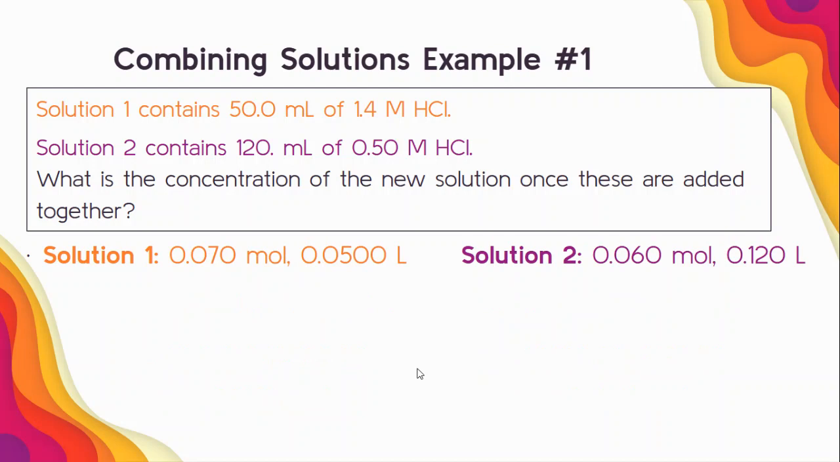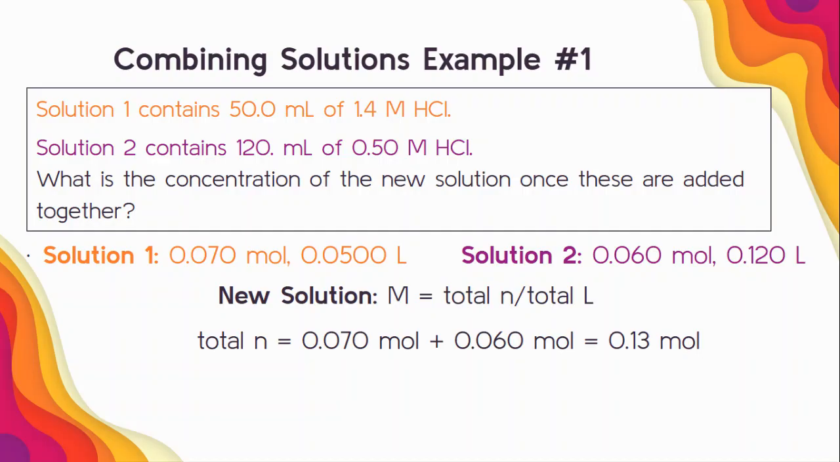So bringing over some of that info real quick, we found moles of solute in solution 1. This was the volume in liters. For solution 2, this was the moles we just calculated out and the volume in liters. So my molarity of my new solution is equal to total moles divided by total liters of solution. So I'm going to find my total moles by doing 0.070, so that's moles from solution 1, plus 0.060 moles from solution 2